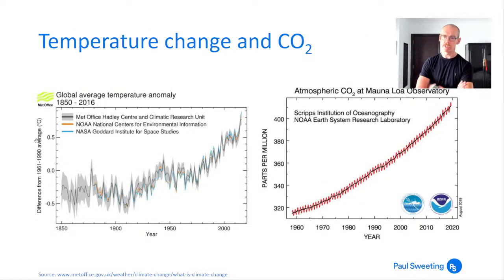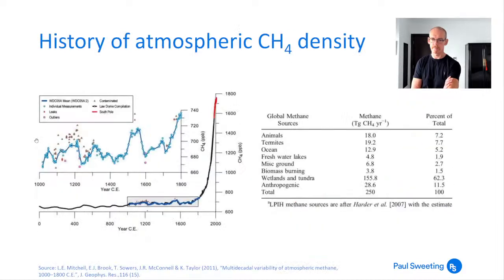And you can see if you look at temperature change and CO2, carbon dioxide starts to go up, the temperature's gone up, there's quite a close apparent correlation between these two. But carbon dioxide is not the only culprit in terms of greenhouse gases. It's probably about 60% of the impact of global warming that comes from carbon dioxide in terms of the greenhouse gases. There are other greenhouse gases in lower concentrations, but potentially much more potent.